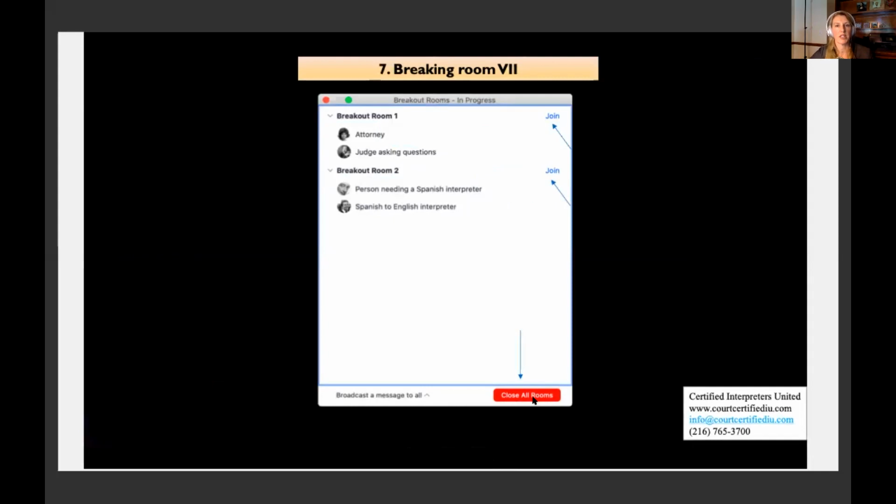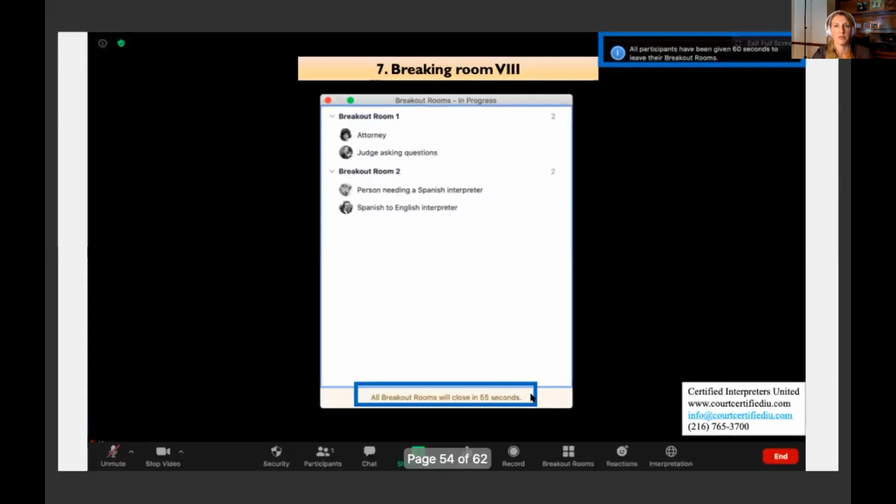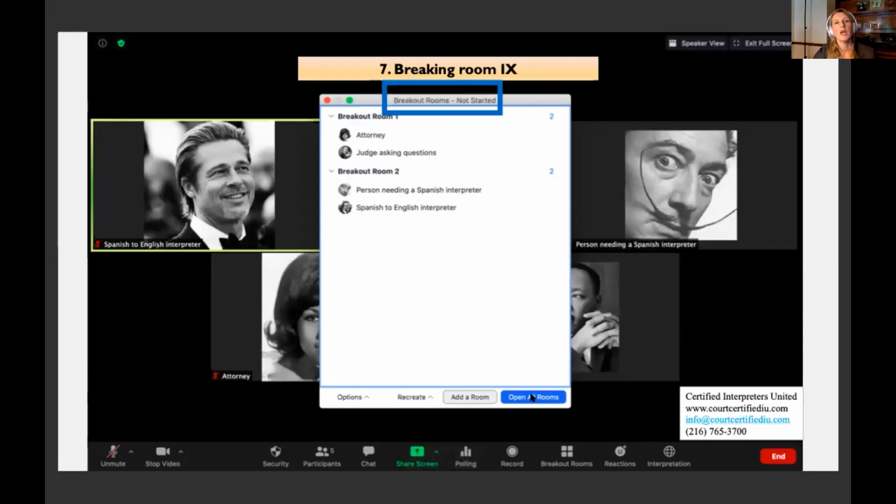So each participant must join as the system asks, and then you would close all the rooms. Okay. Now, closing all the rooms would be once everybody's finished speaking privately in those rooms, right? You close the rooms and the participants receive this notification that the rooms will be closed in 55 seconds. So once everybody is back into the main room, and one quick thing about the rooms, I did want to tell you that